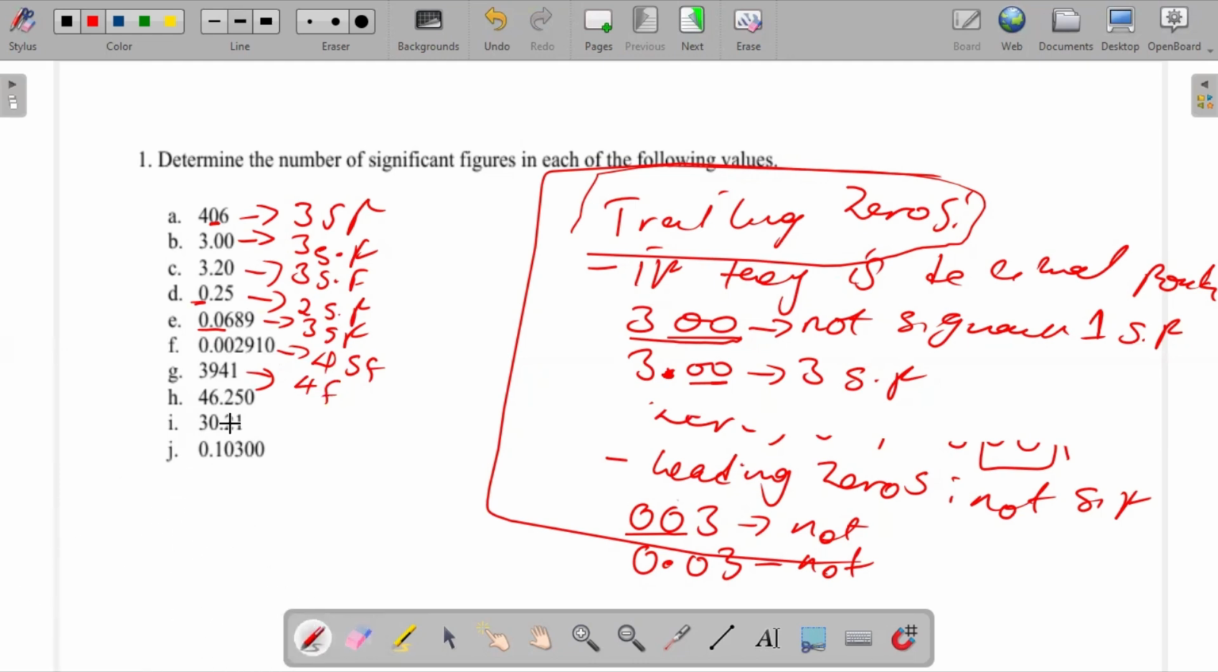Okay, so how many significant figures are we having there? Let's be fast so that we move on. 5. Good. So this zero is significant because